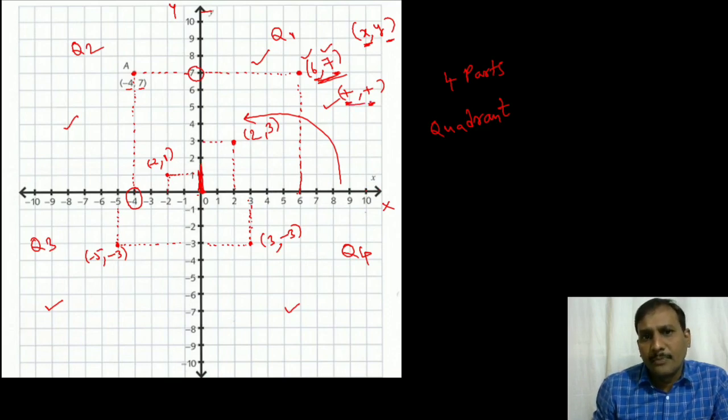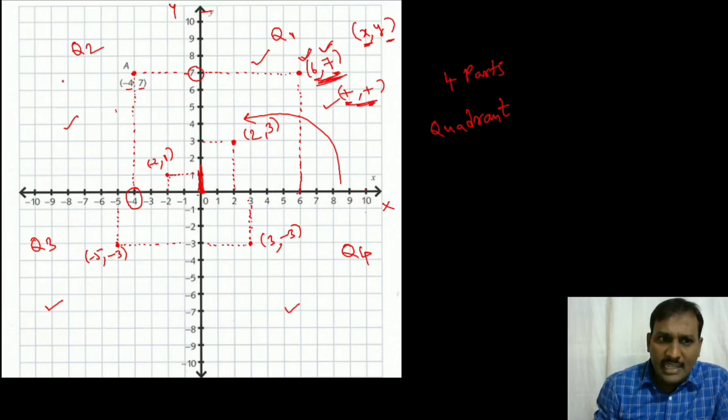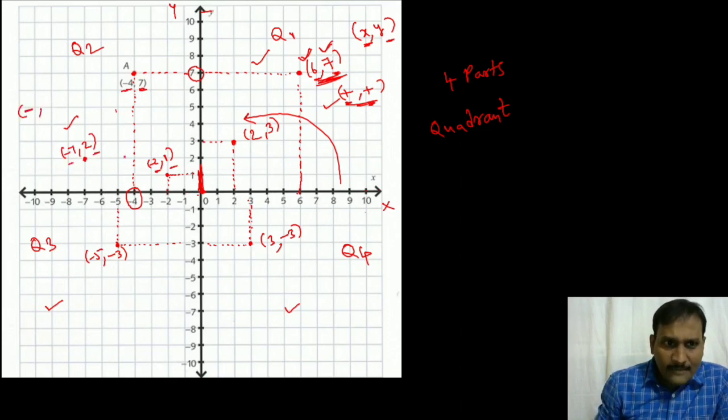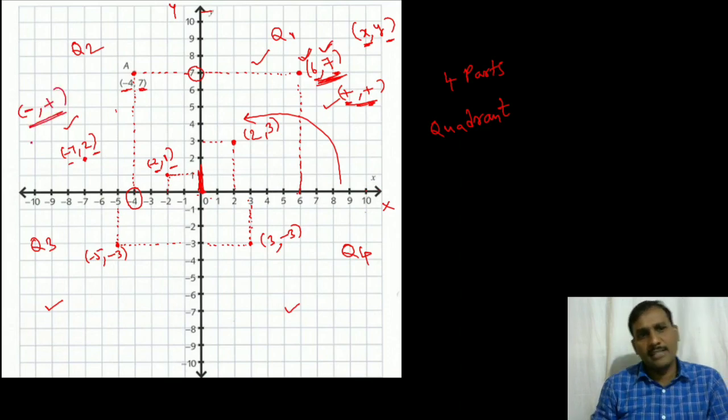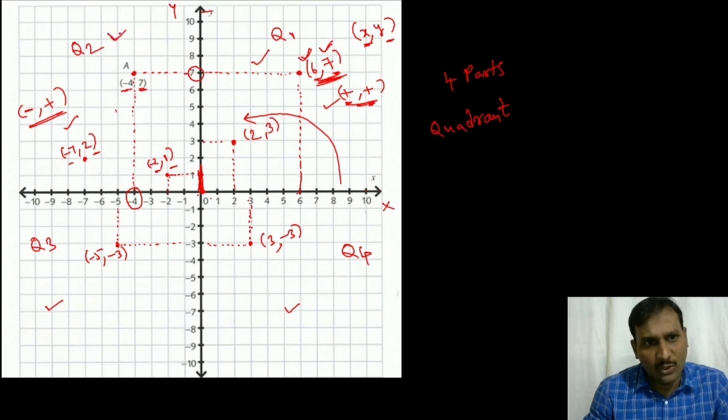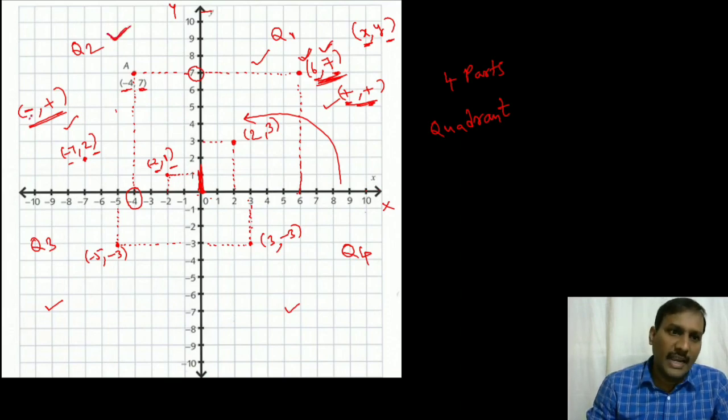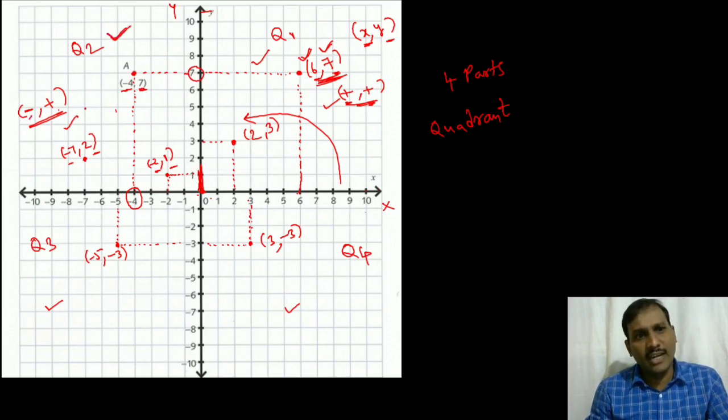Therefore, both the coordinates represent positive values. When you take any point in this quadrant, it is negative and positive. For example, minus 7 comma 2: negative and positive, because this part is negative x-axis and this part is positive y-axis. Therefore minus comma plus. So any point in the second quadrant will be of the form minus comma plus. In that, the x coordinate is negative, and the y coordinate is positive.